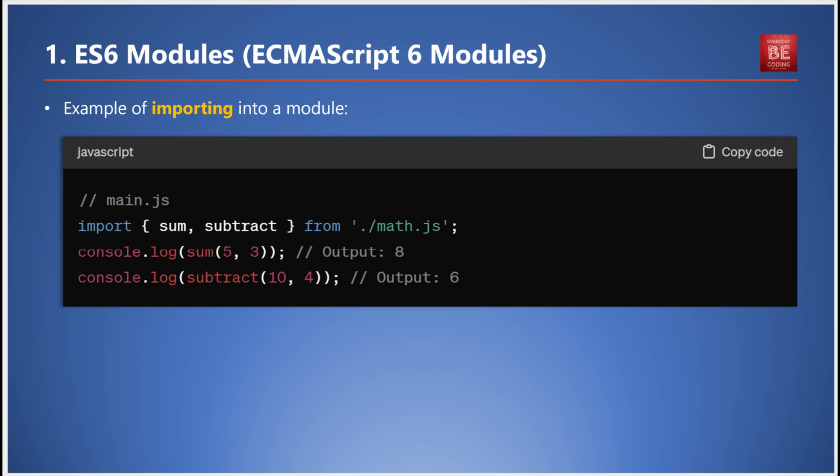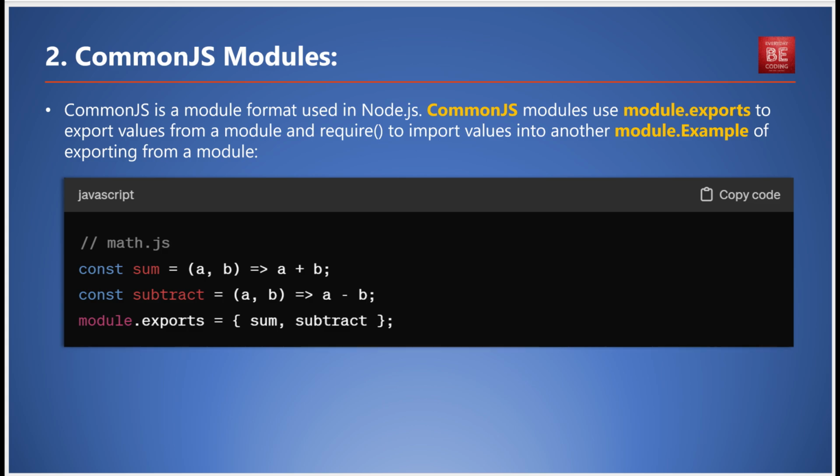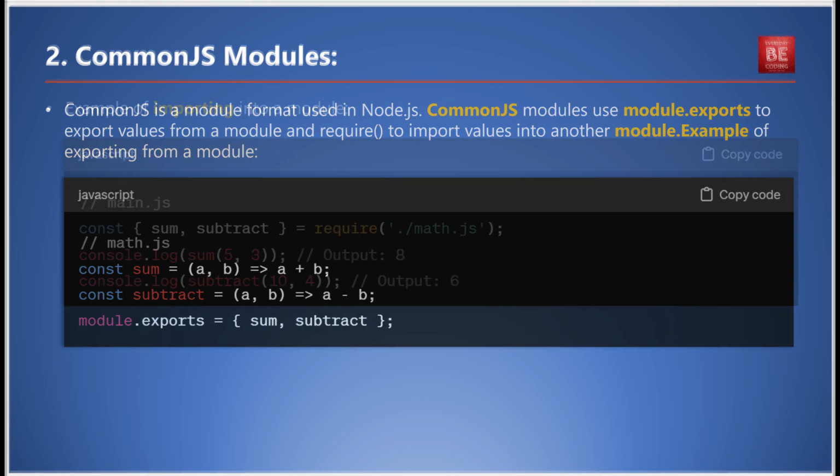Just like that, we have a neat, organized code that is easy to understand and maintain. On the other hand, we have CommonJS modules, the module format used in Node.js. This format uses module exports to export values from a module and require to import values into another module. Using the same math.js example, we can export the sum and subtract functions using module exports and import them into